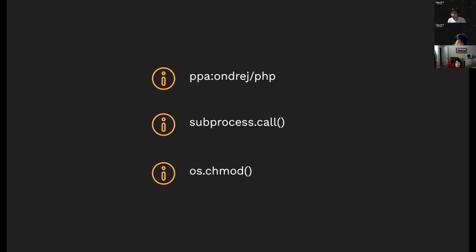It'll send it directly to bash, and then it'll run the scripts in bash. And this is one of the most essential methods you'll need, because this is the way that you're going to interact with bash. And finally, you're going to need os.chmod, because this method allows you to directly change the permissions of a